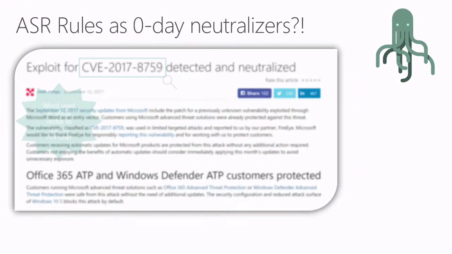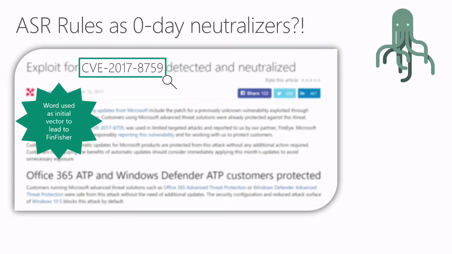So I have a couple of different examples here. These CVEs are all in different products. So this CVE is a CVE in .NET. But in this case, Word was used as the initial delivery vector. The payload that was downloaded to the victim's machine here was FinFisher. This is a commercial surveillance package, for those who are familiar with it. But in this case, again, if you had that no child proc rule turned on, this would not have been